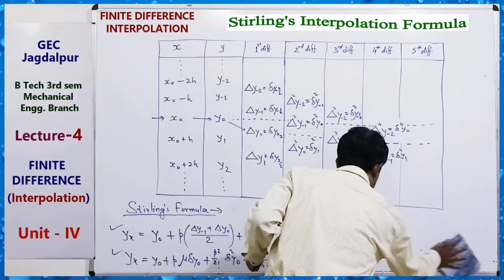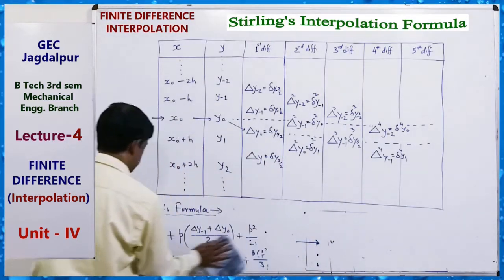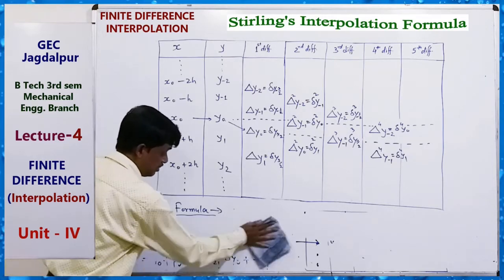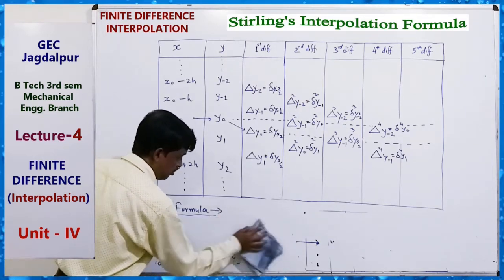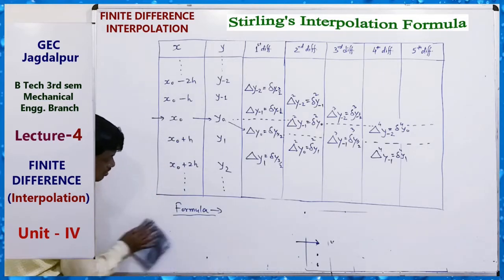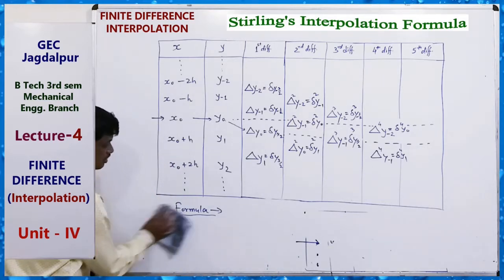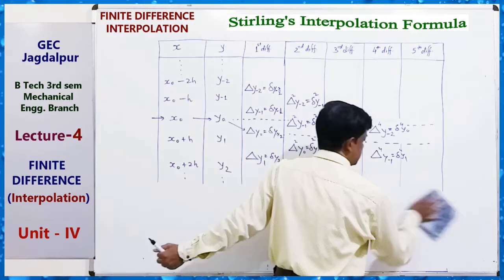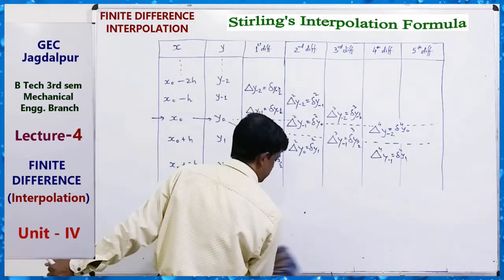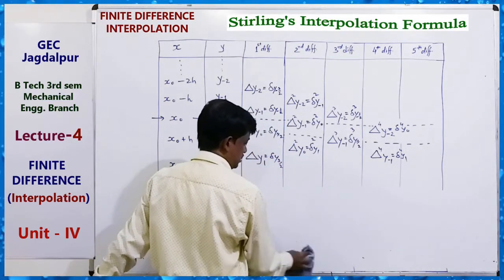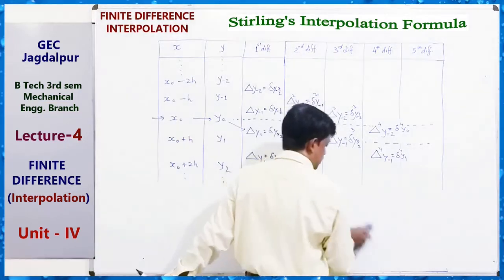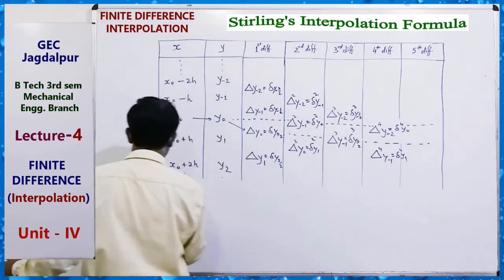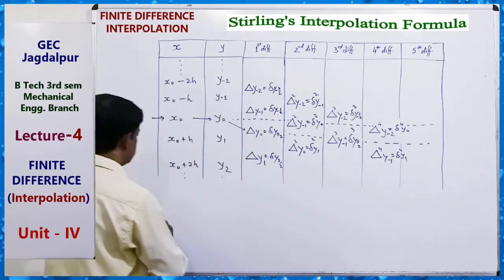Okay, so note down the formula. Now our formula will be Bessel's formula. What is Bessel's formula? Okay, so the formula is very important. So you have to remember this formula. What is the Stirling formula? What is Bessel's formula? You can also write it in terms of forward difference or central difference operator. Okay, so I have already discussed Stirling. Now note down the formula for Bessel's formula. Okay,